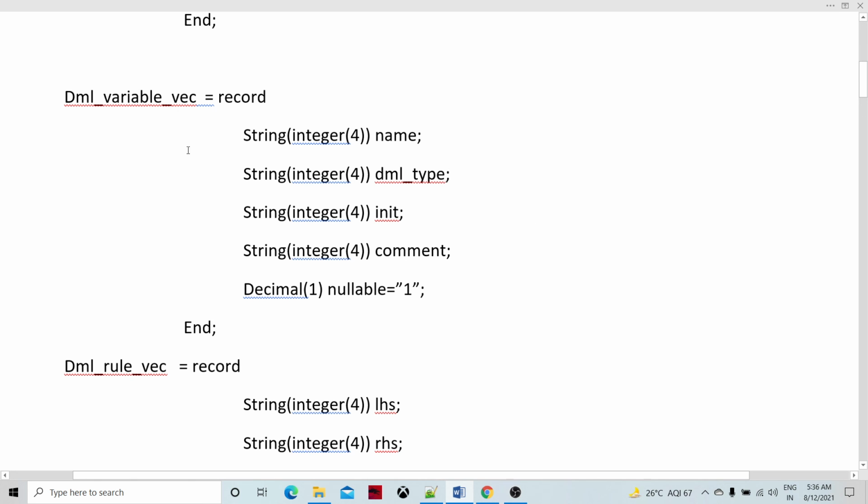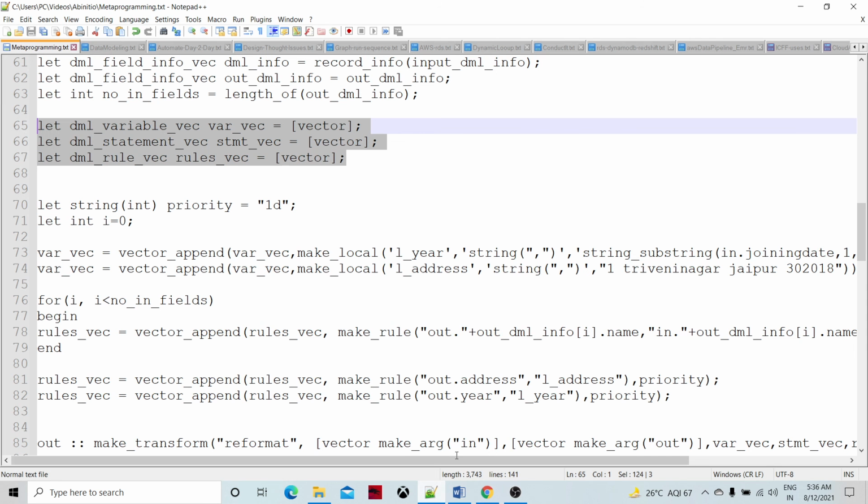So DML variable vec. Whenever we talk about any variable in a certain XFR, there will be certain attributes for a particular variable. There will be a name of that variable. There will be a DML type of that variable. What is the initial value of that particular variable, and what is the comment? So when we talk about comment, so certain